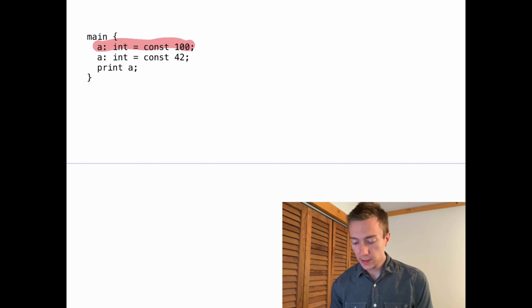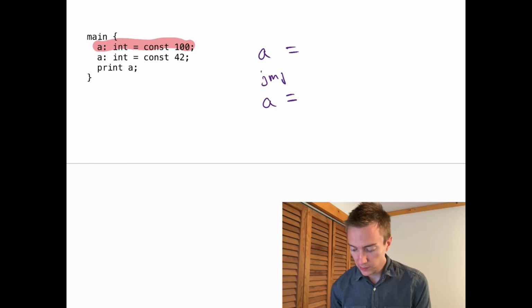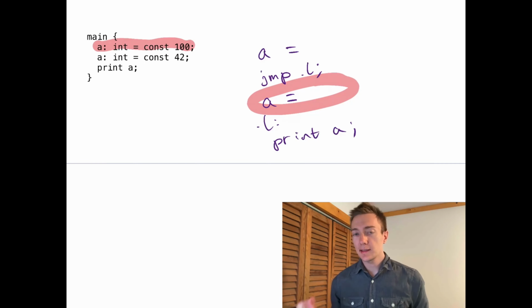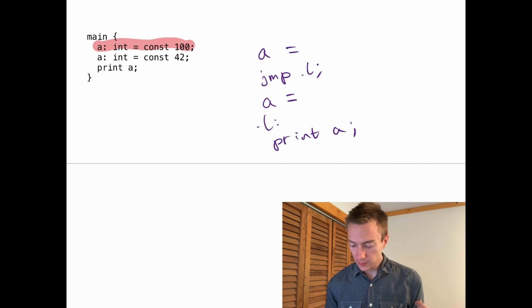Let's imagine a slightly different function that has an assignment to A, and then another assignment to A, but in between there is a jump to a label where we print A. Of course, this code that doesn't ever get executed under this jump is eliminable by a different kind of dead code elimination. But you can make this even more interesting by eliminating that possibility by changing this jump